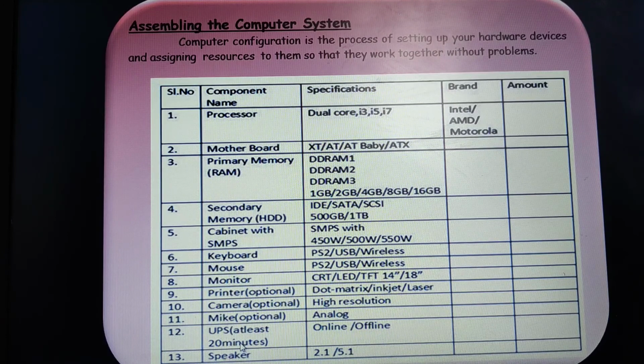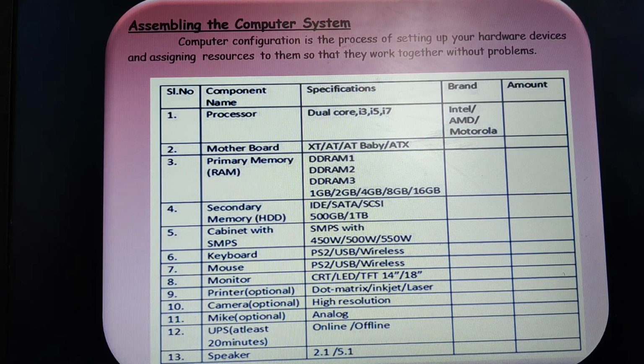Then UPS, uninterruptible power supply. Again, it's optional, online or offline, but online UPS are costlier than offline, because online UPS uses an internal inverter. It will have more standby capacity compared to offline. Offline gives hardly a few minutes or a few hours depending upon its capacity, but online provides more duration. In our computer lab also we have the online UPS. That is why even when the power goes off, our computer system keeps on working.